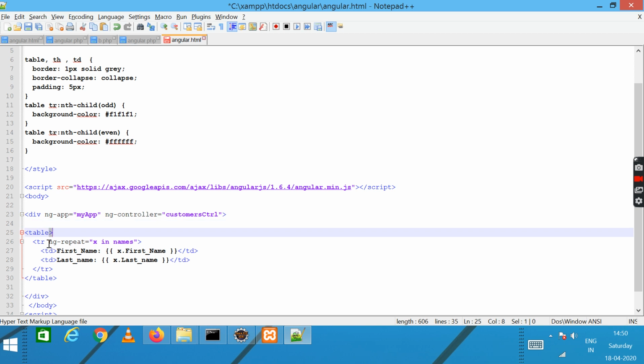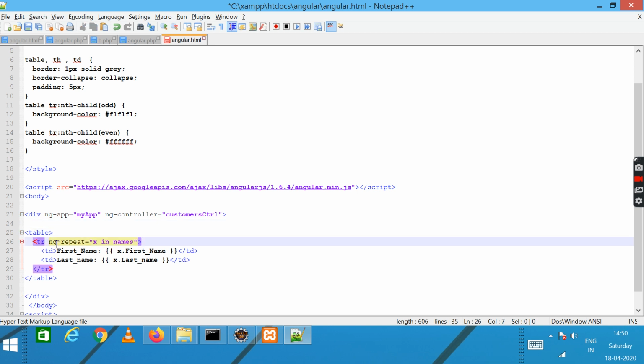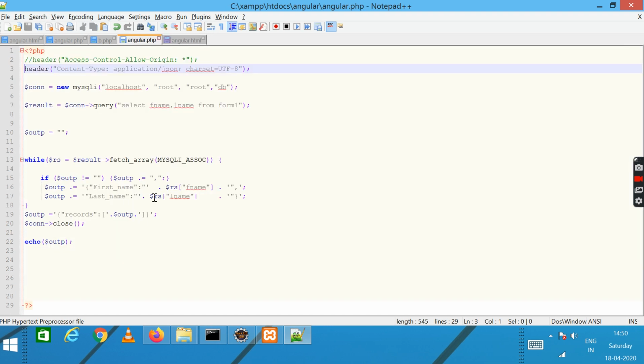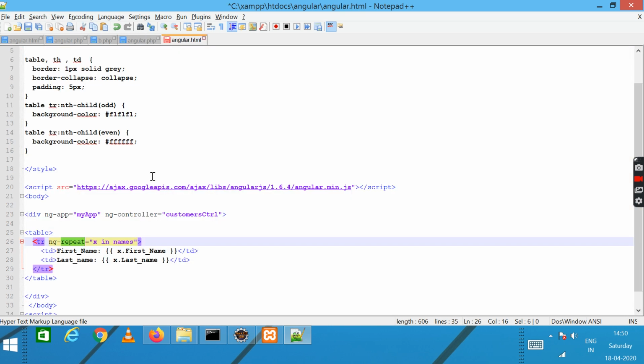So next is table tag, then we have tr, and then we are using another directive called ng-repeat. So this ng-repeat is used as a for loop. As I said, like in PHP we have seen there are number of rows in the database table, and if you want to print each row one after another, then we have to read this in a loop. So for this we are using ng-repeat.